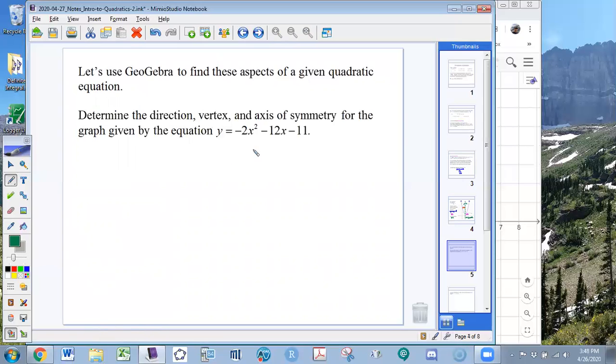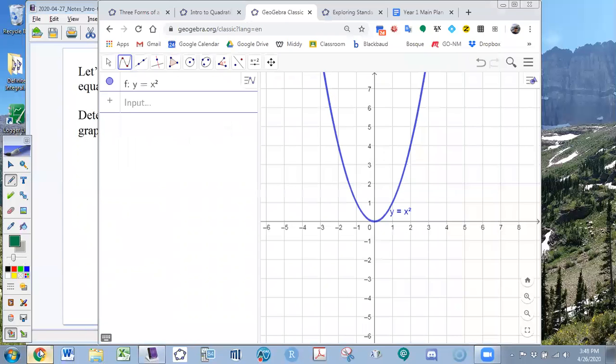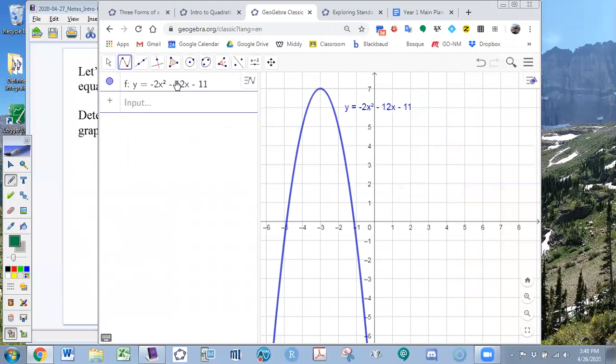So let's look at the equation y equals negative 2x squared minus 12x minus 11. So negative 2x squared minus 12x minus 11. Yep, there we have it. We have a parabola. It is opening downward in this case, and it looks like that vertex is at negative